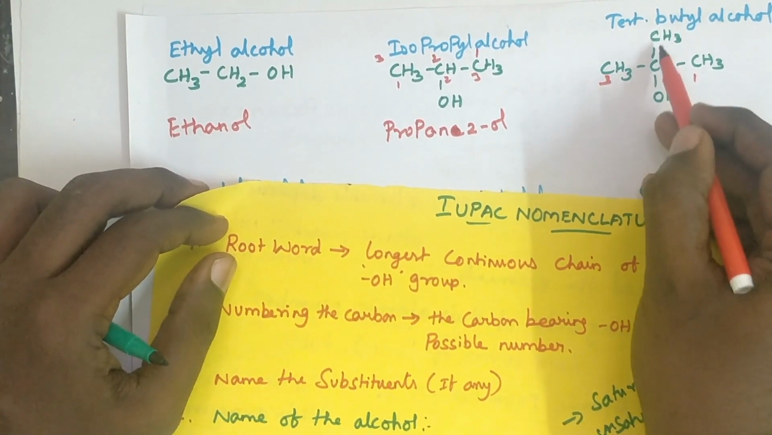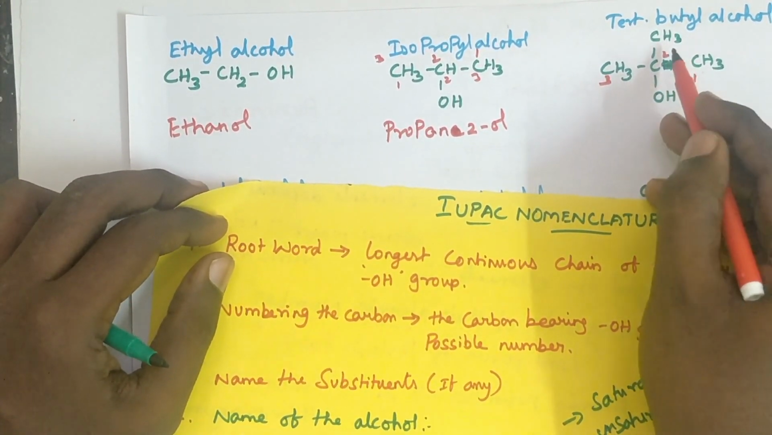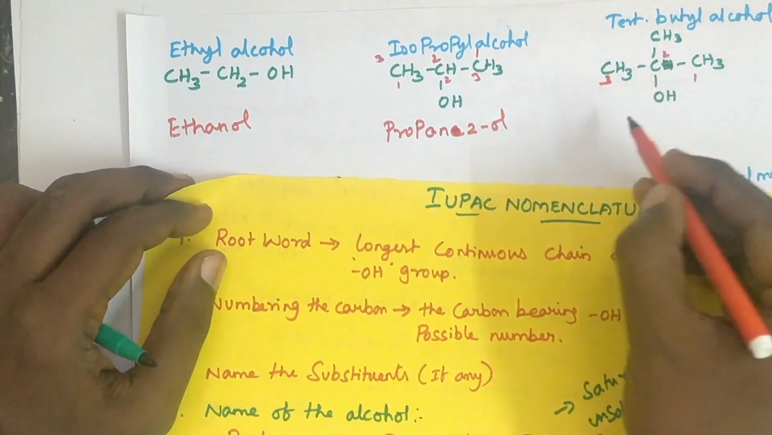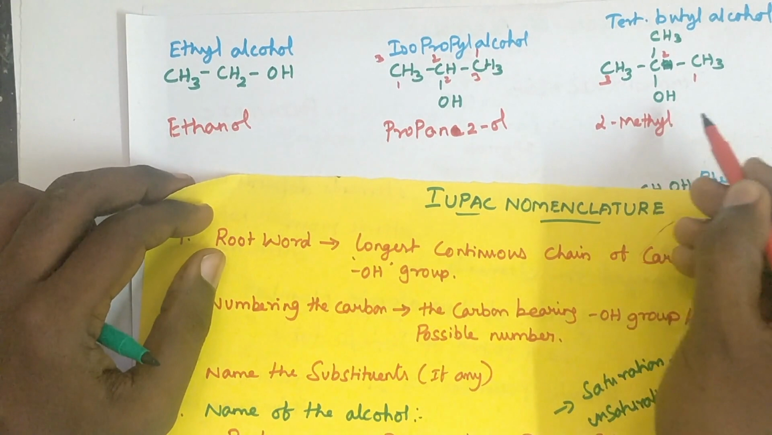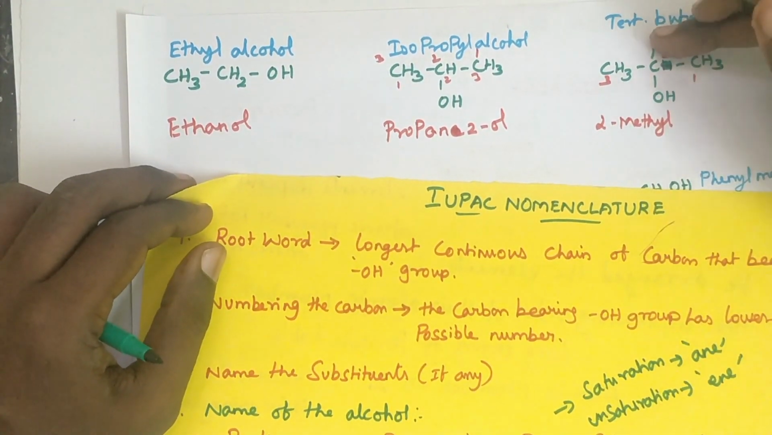Which comes second, carbon only, the CH3 group is added. CH3 means one carbon, methyl. So 2-methyl. So this naming is over. So next we have to